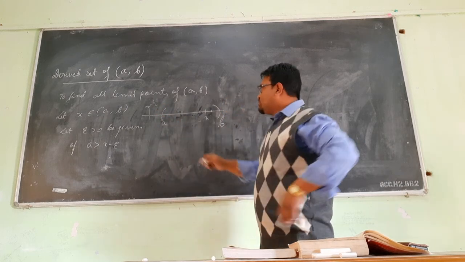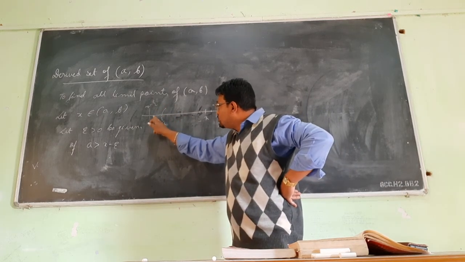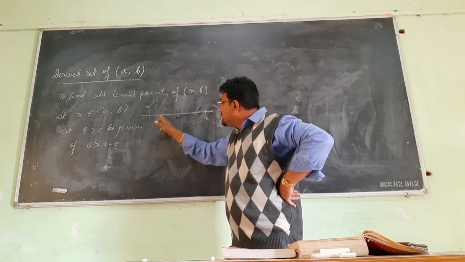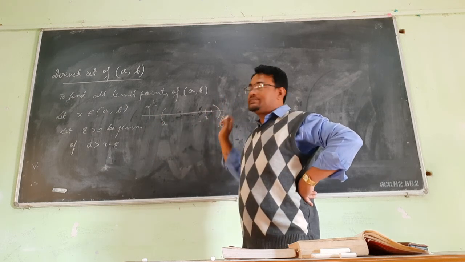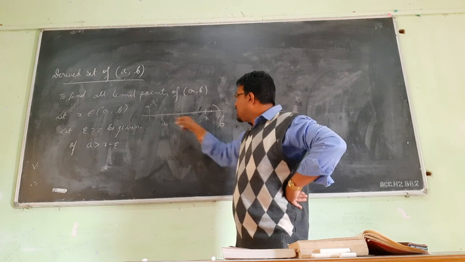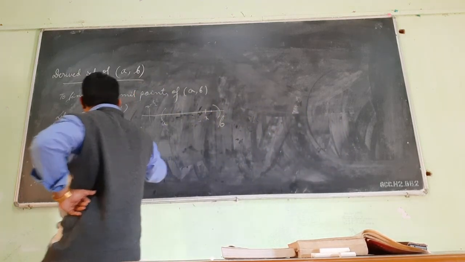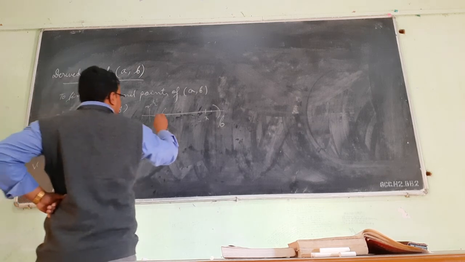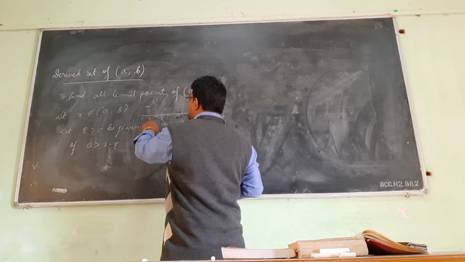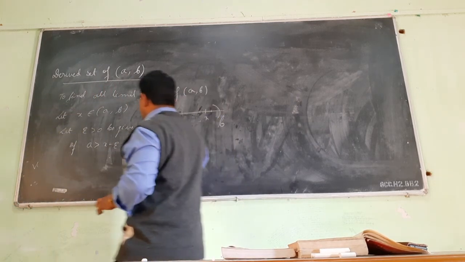If I consider points which are less than a, those points will not lie inside the set AB. I have to find points which are lying inside the set AB. So let x belong to AB. If a is strictly greater than x minus epsilon, then